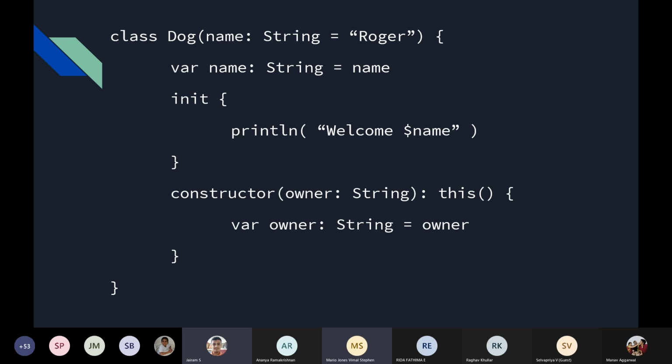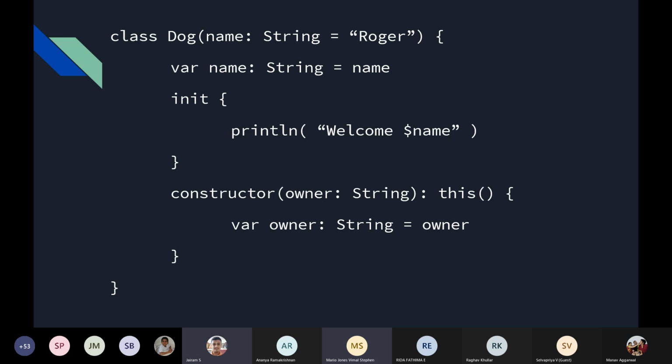In the second step, var name String equals name. The name on the right side is the argument to the function, which is Roger. So it gets assigned to the object that is being created, and now the name of the dog that you created becomes Roger. And once the control reaches the init statement,